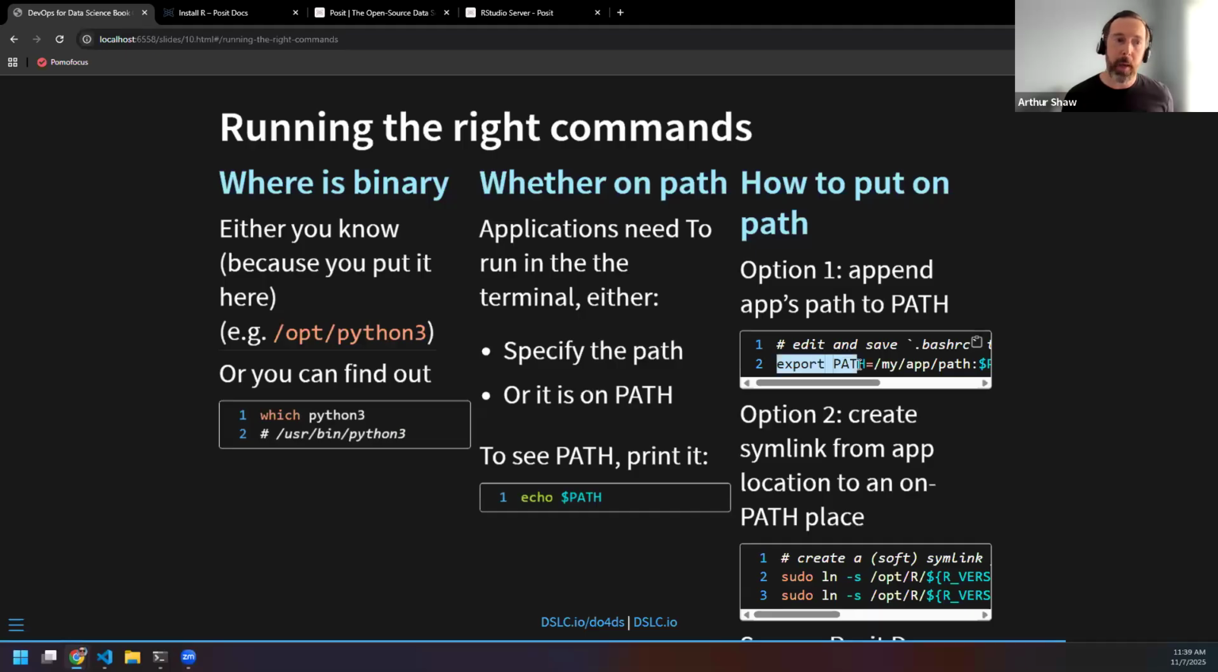You kind of re-export path. So path is already exported, but you re-export it and you redefine it. So it ends up being path as the system defines it, to which you prepend the path of your application so that your application is found first in the search order. Obviously,